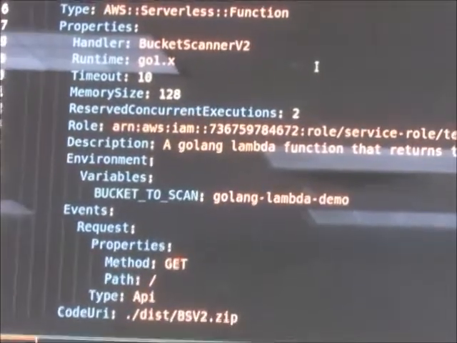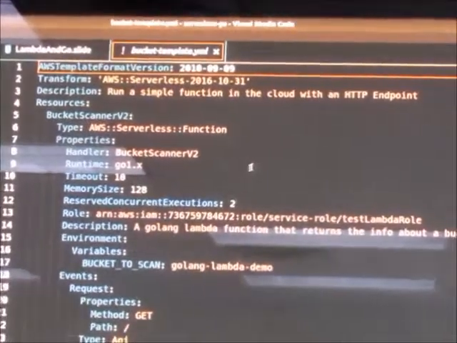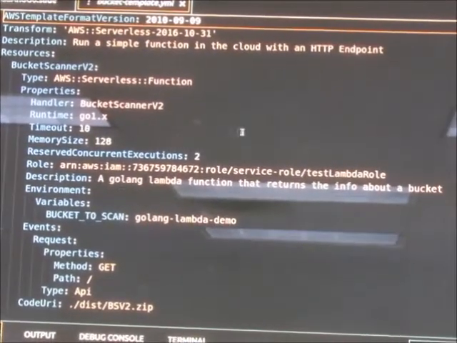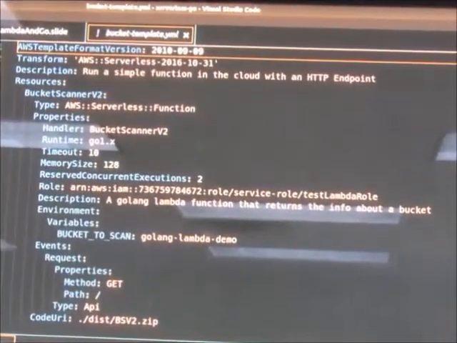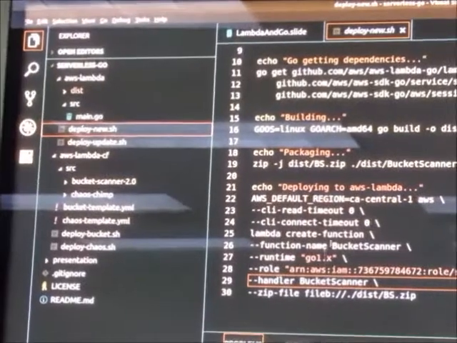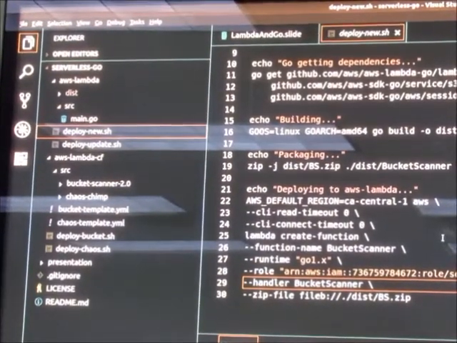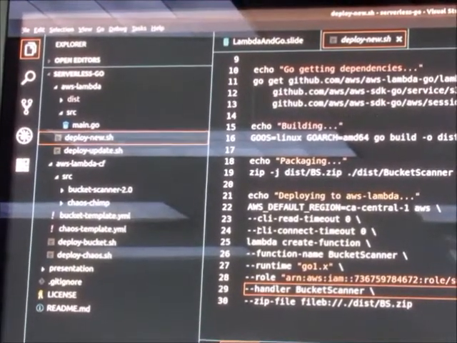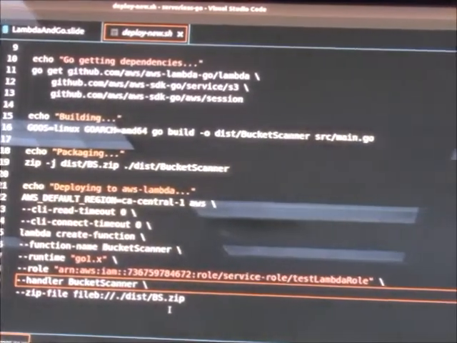So this is my preferred way of deploying to Lambda, and you should use it as well. It abstracts a lot of the pain points that you might have using just a regular shell script. For example, as you can see, before when I deployed, this didn't have any events, and if I wanted to add an event, I would have to write another shell function or whatever to attach the API gateway.